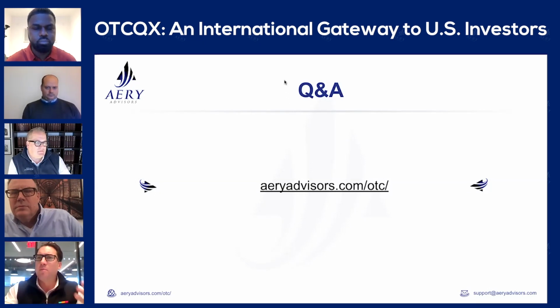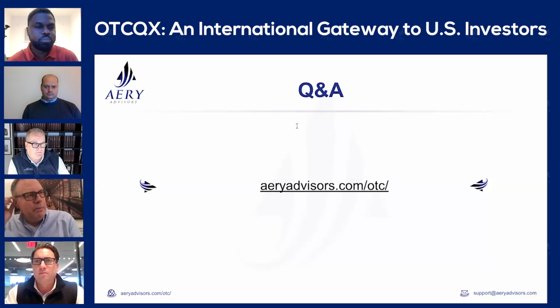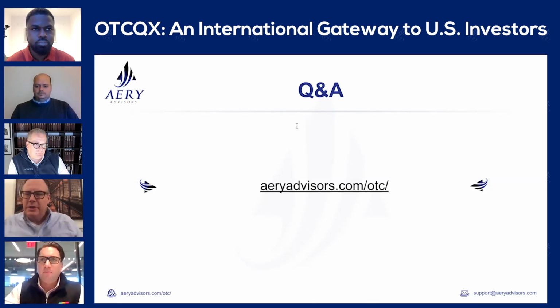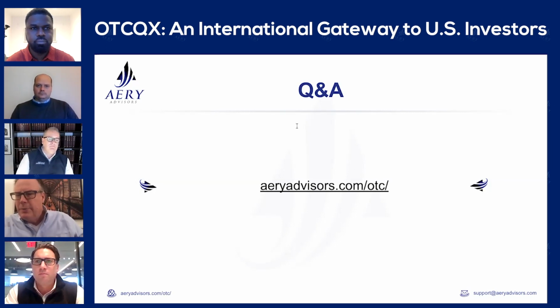I think Michael's answer is in the ballpark of what the question was. And just to add to that, the best way to think about us is we're like a gateway or an access point for U.S. investors into the local market, almost like a U.S. dollar user interface, if you will. We're trading the ordinary share, albeit represented in U.S. dollars, so it just makes it a lot easier. One last point may be that this is not a primary offering. That is to say, the company's not selling newly issued securities. This is just facilitating secondary trading, and in this case, opening up a whole new market, namely the U.S. market, to expand that secondary market.